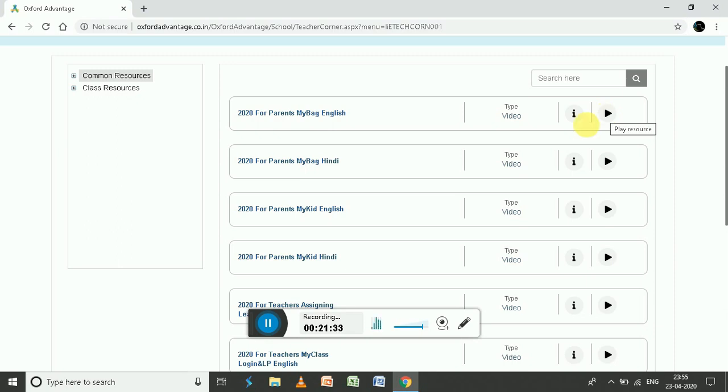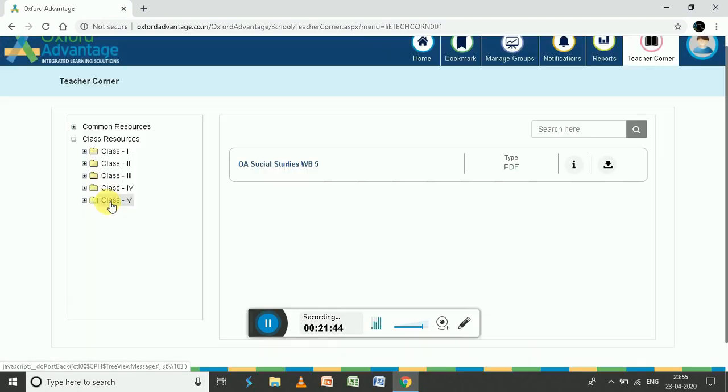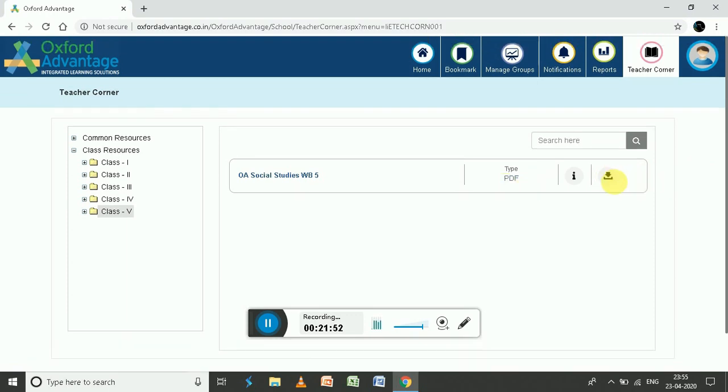This is for the parents or the teachers also to learn. And there are common resources, classroom resources. 5th SST, social studies. There is a PDF file, so you can download and read about the social studies structures.